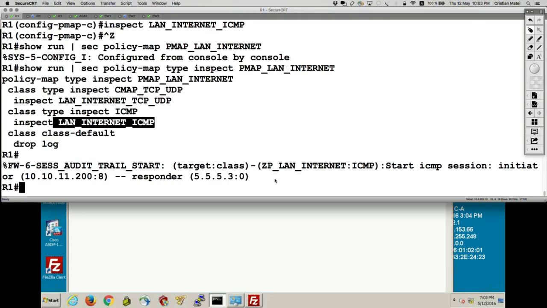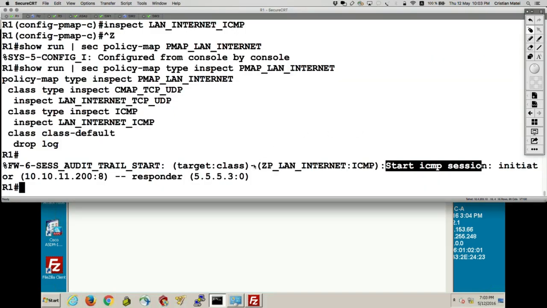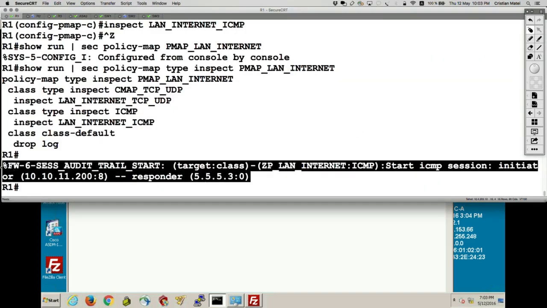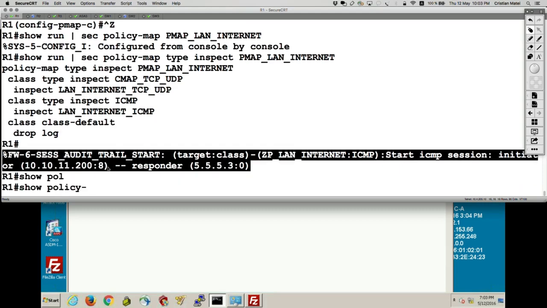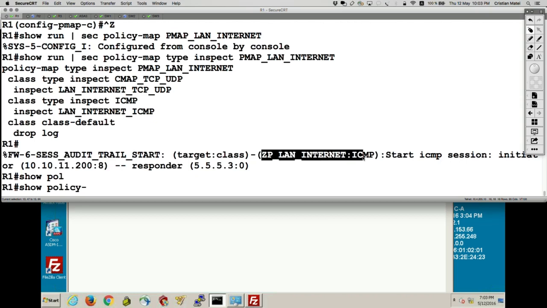There we go. We see an audit trail which says start ICMP session. It started. I'm going to see another log message when it ended, which means after 120 seconds, because that's the configured idle timeout. Now if we say show policy firewall, this states that I match on that zone pair with ICMP traffic, and I started the session from PCA